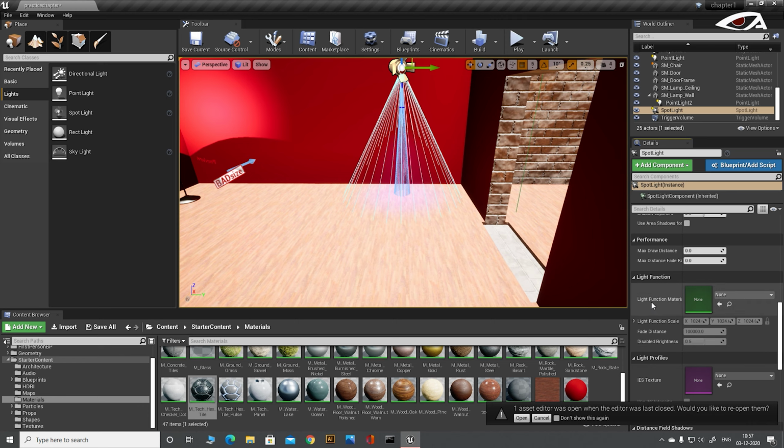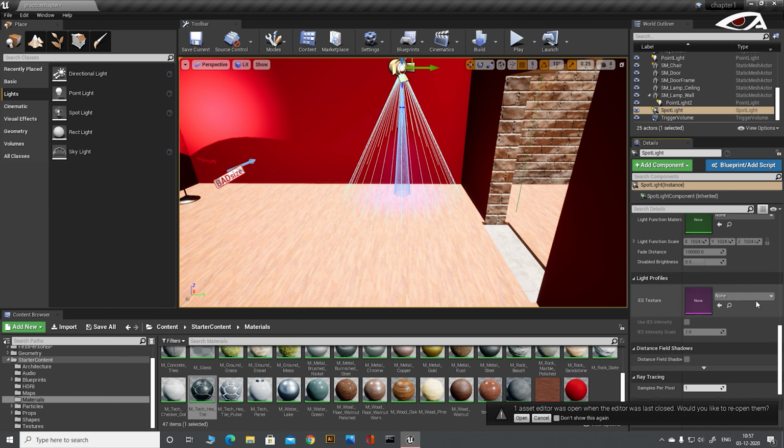Actually it is a file that contains information that describes how the light will look. This is created by the light manufacturer and can be downloaded from the manufacturer's website. So I have given a link in the description where you can download an IES file of lights. So download it and import it into the Unreal Engine. So go to the content, click and import your downloaded IES file. So as you can see here, I have created a new folder called IES profile.